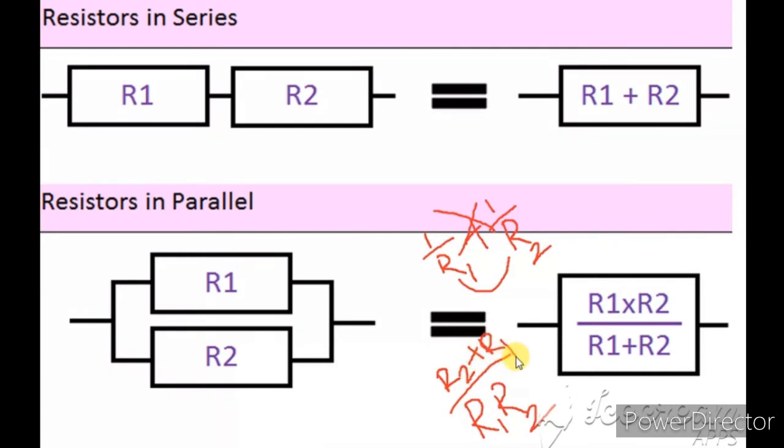So this is the value of 1 by R, because 1 by R is the total value. But if you need the value of R alone, you are going to reverse this. So when you reverse this, you get this equation. The denominator goes to the numerator and the numerator goes to the denominator, so R1 R2 comes on top and R1 plus R2 comes below. So you get the equation for resistors in series and parallel. Okay, so this gives you a clear explanation of your diagram also.